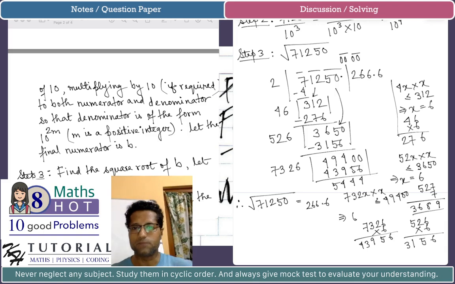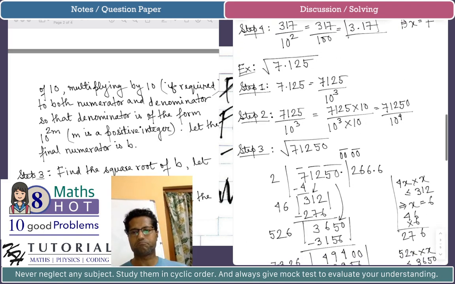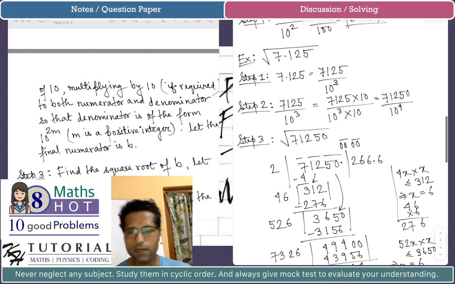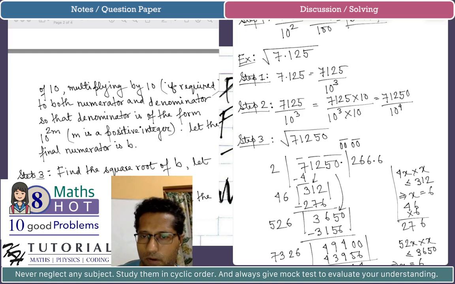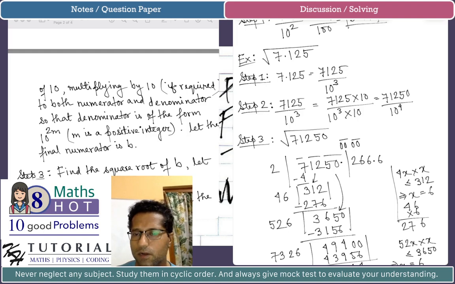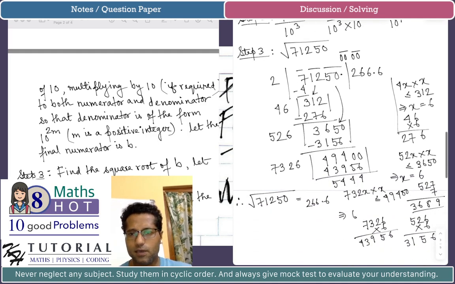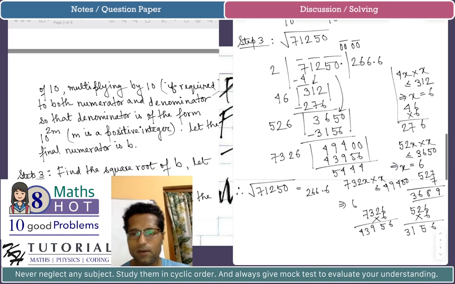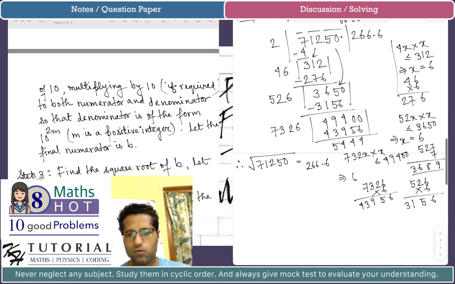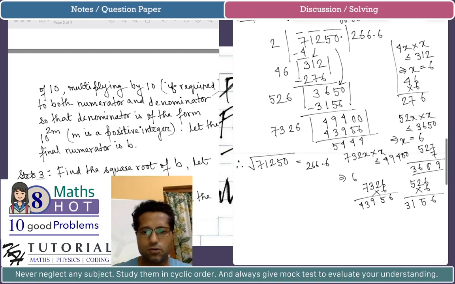So the idea was to show what to do if, when you convert the given number to a fraction, the power of 10 in the denominator is odd. You just multiply both the numerator and the denominator by 10, so that the denominator becomes an even power of 10. So in this problem we got 10 to the power 4. Even though 266.6 is the wrong calculation, it will be 266.9. Anyway, assuming the square root of 71250 is 266.6, step 4 now will be